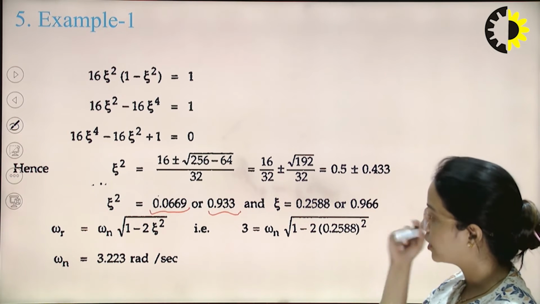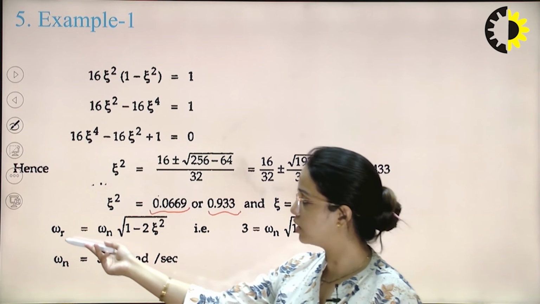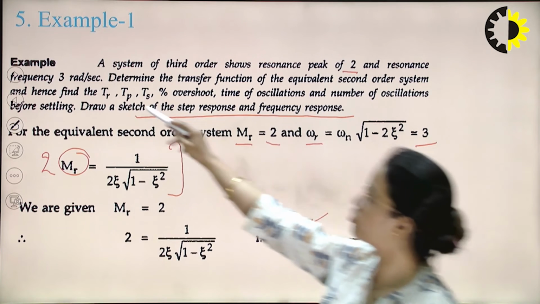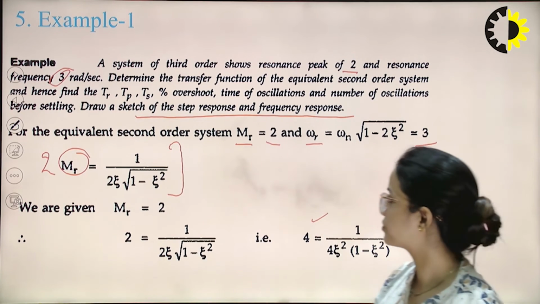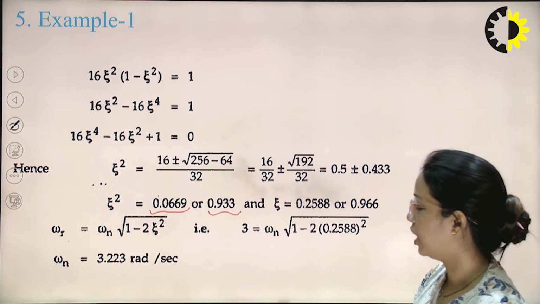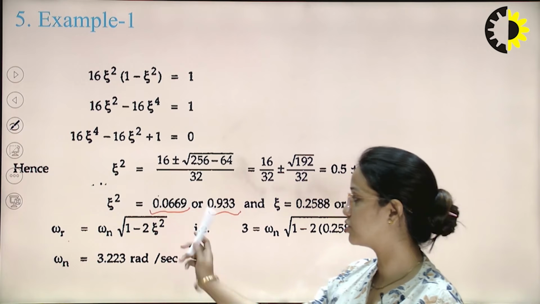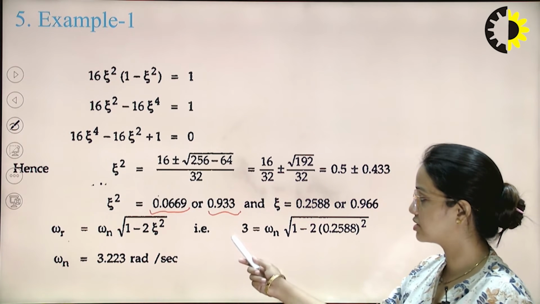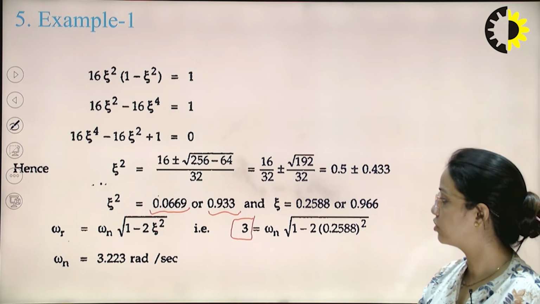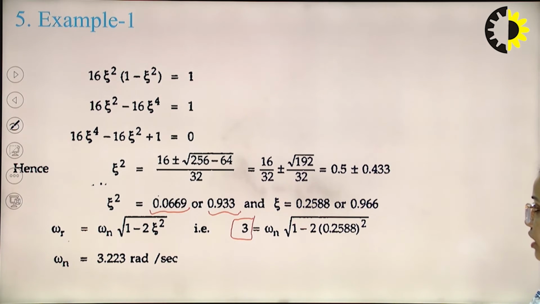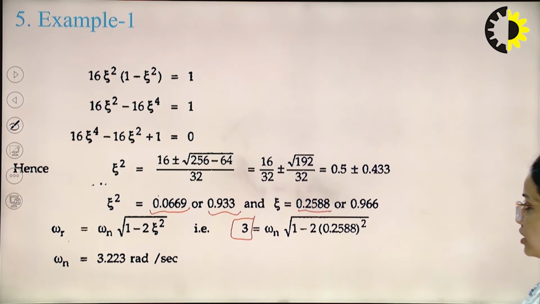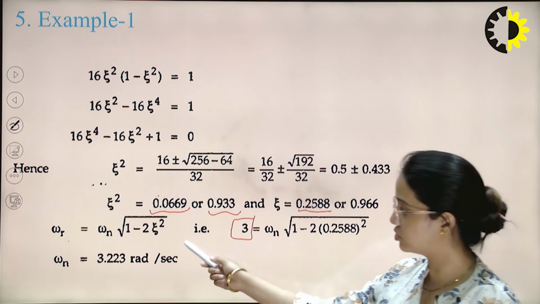So we are now again entering into a situation where omega R has been given as 3. Now we can calculate omega R, which is omega n root over 1 minus 2 zeta square. So from here we can see that omega R is given to us, that is 3. When we substitute the value of zeta equals 0.255, omega n comes out to be